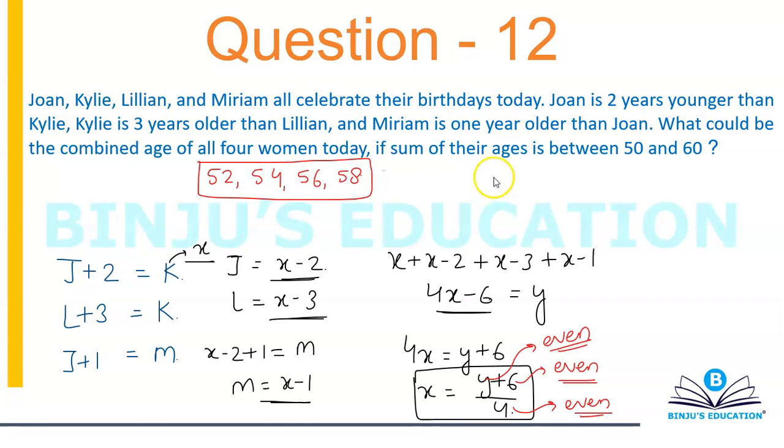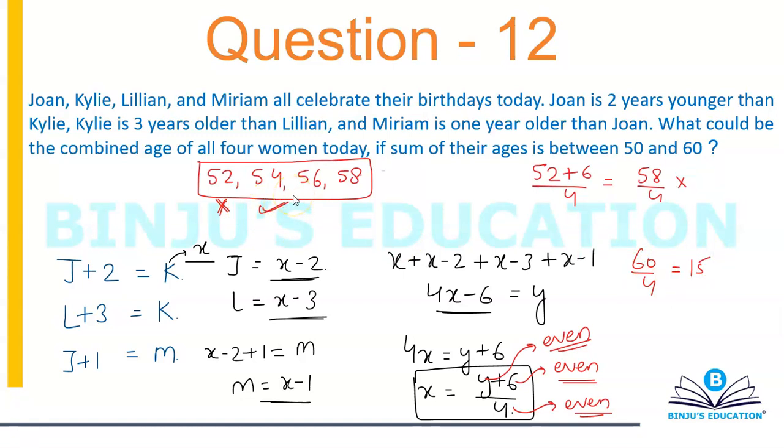I can choose four values. That's not too much calculation. So 52 plus 6 by 4 is basically 58 by 4, and that's not divisible because I know that 60 is divisible by 4. So a number 4 less than 60 and 4 more than 60 will be divisible by 4, but 2 less than 60 will not be divisible by 4, so 52 is out. Similarly, when you plug in 54, 54 plus 6 is 60. So 60 by 4 is going to give you x as 15. So that's a valid answer. No problem with that.